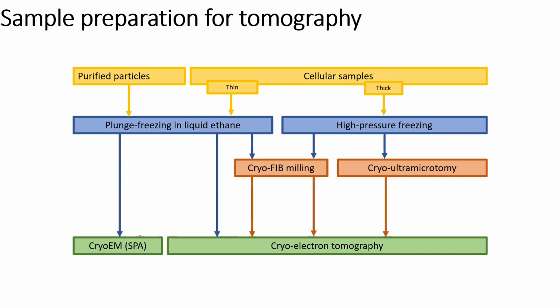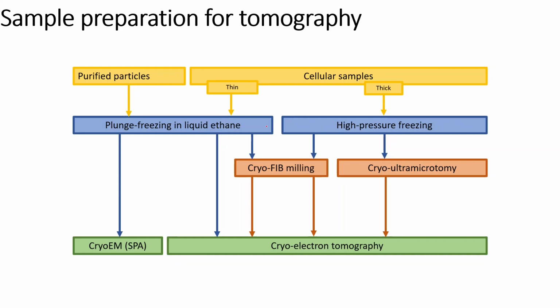This can be used for purified macromolecules, for purified complexes, that can then be used for sub-tomogram averaging and tomographic analysis. Yet, very often we use cellular samples for tomography, as we discussed, since it's very suitable for that. And for cellular samples, we can have thin samples and thick samples. The thin samples are cells that are thin enough to be electron transparent, some bacteria, some transparent parts of the eukaryotic cells. These cells we can plunge freeze and readily use for cryo-electron tomography,